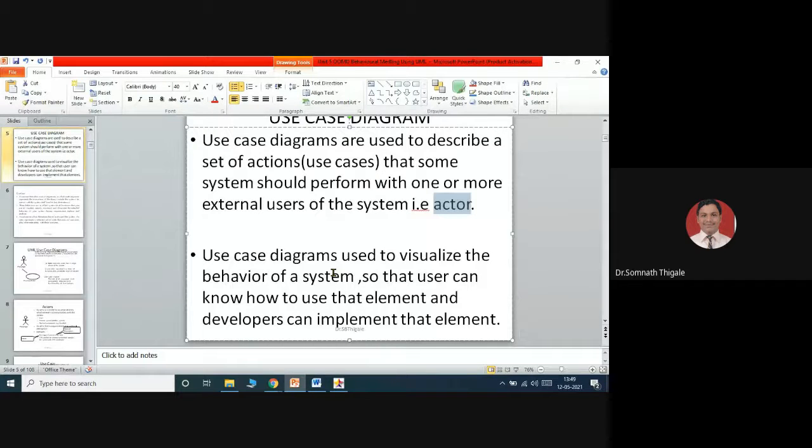So use case diagrams are normally considered a visualization of the behavior, how my system is going to act, and what the different operations are that my system is going to perform, which will be discussed inside the use case diagrams.